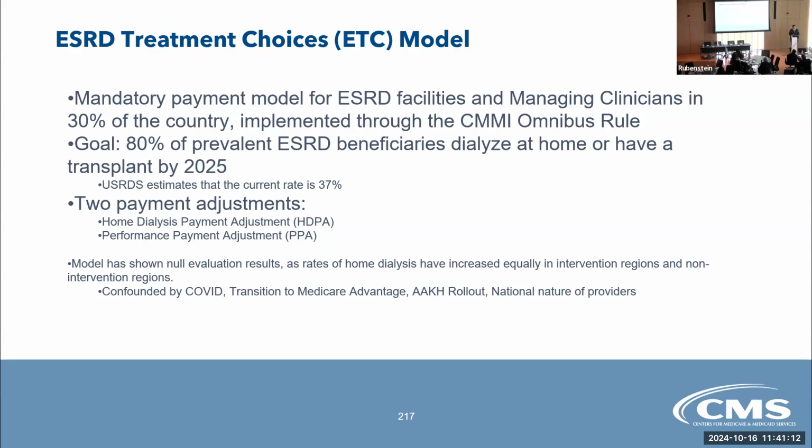Another piece was just the rollout of the presidential level initiative around home dialysis. That doesn't happen too often, that the president gets on there talking about a big initiative. It kind of messes with randomized control trials and contaminates the comparison group a little bit. And then also just the national nature of providers, where we're dealing with national dialysis companies who we had heard implemented a lot of things across their companies rather than just in the targeted intervention regions.